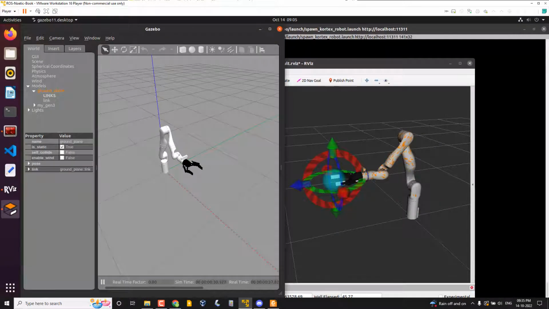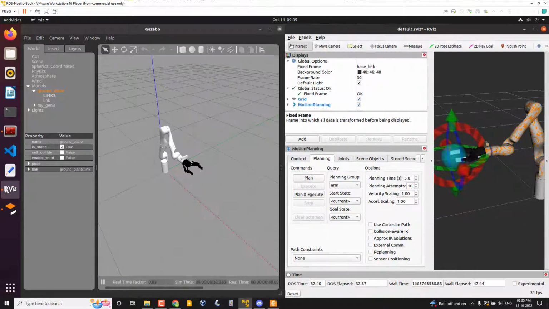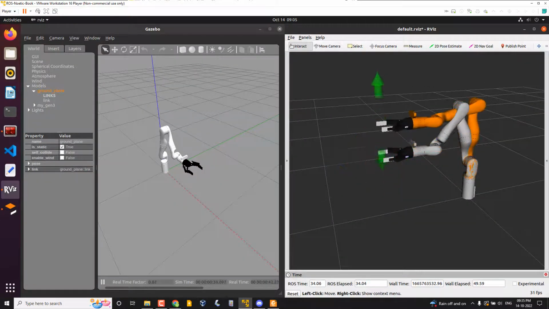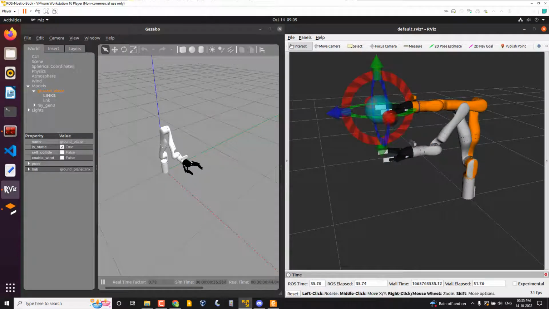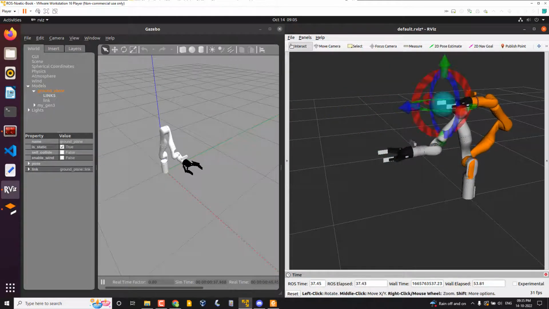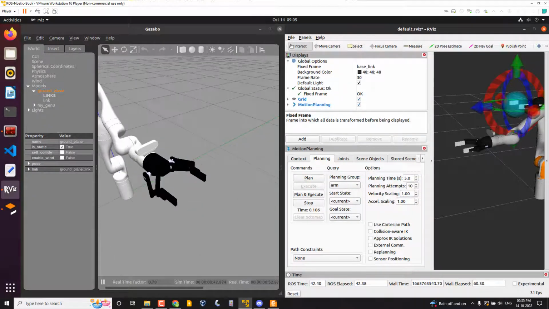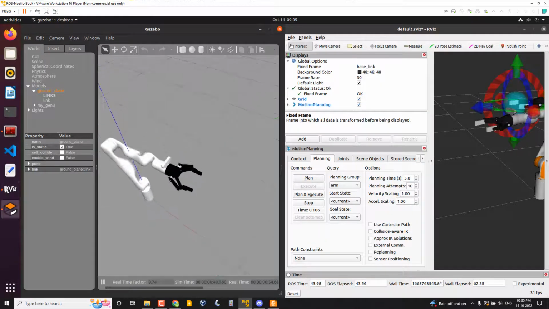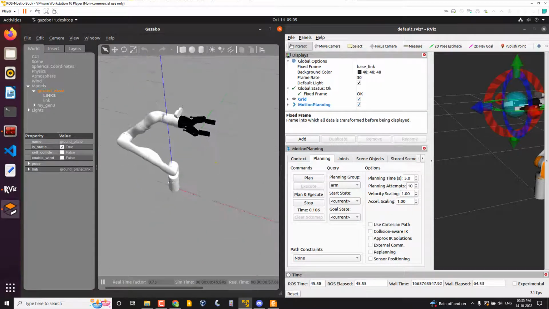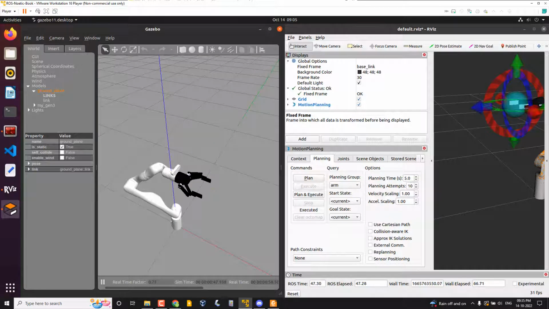And I can just move the robot and do the planning, and I can do the execute. So you can see the robot is moving to the goal position. Okay, and if you want to move the gripper,